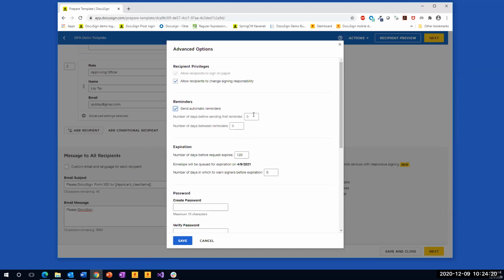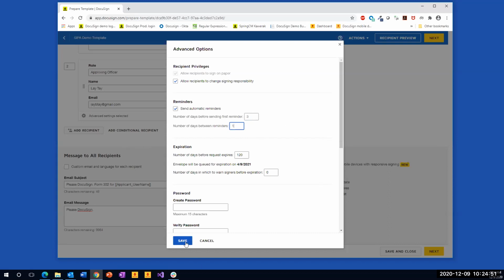Maybe you want to be patient, right? You set it to 3 days. So it's good, send them something and then give them 3 days to look it over, consider it, and then they sign. The second parameter tells DocuSign, all right, once the first reminder has been delivered, how frequent should subsequent ones be? Usually people would set it to 1 day because things will start becoming urgent. So you want a more frequent reminder. So it's very flexible this way. You can define the kind of reminder sequence and frequency you want.